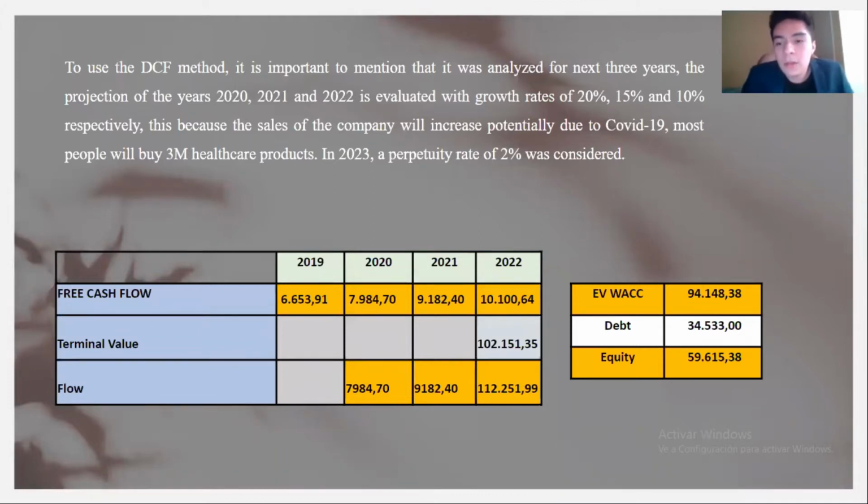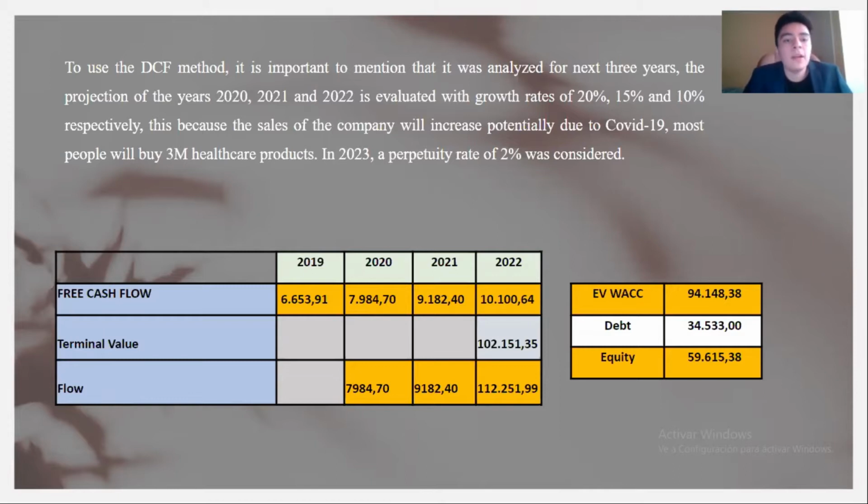It's an evaluation method used to estimate the value of an investment based on its future cash flow of the project. To use this method, it is important to mention that it was analyzed for the next 3 years. I mean, the forecast was for 2020, 2021, and 2022. And the growth rates are 20%, 15%, and 10% respectively. It's because the sales of the company will increase potentially due to the COVID-19. Most people will buy 3M healthcare products, and also the